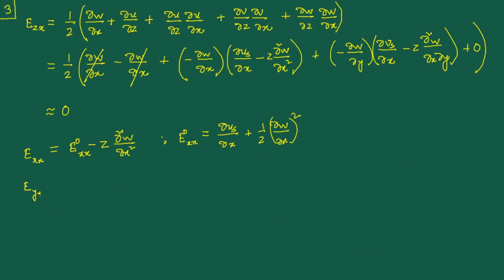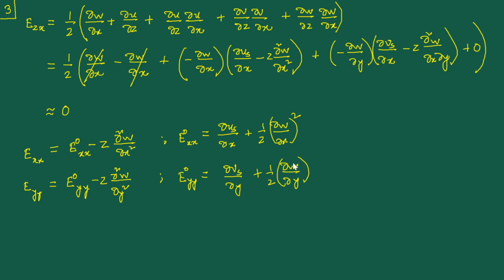So EYY, that will be EYY naught minus Z del square W del Y square, where the EYY naught is equal to del Vs del Y plus half del W del Y whole square,